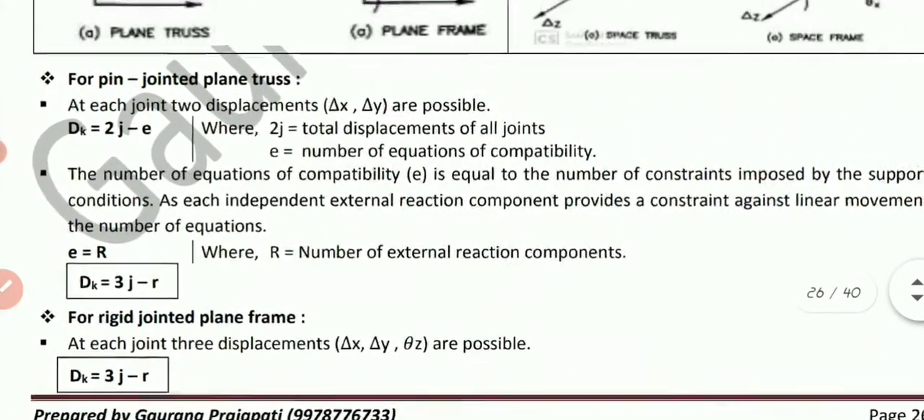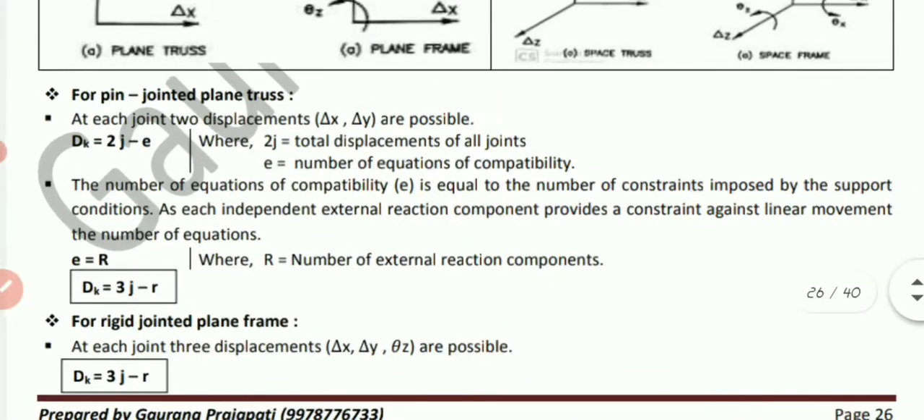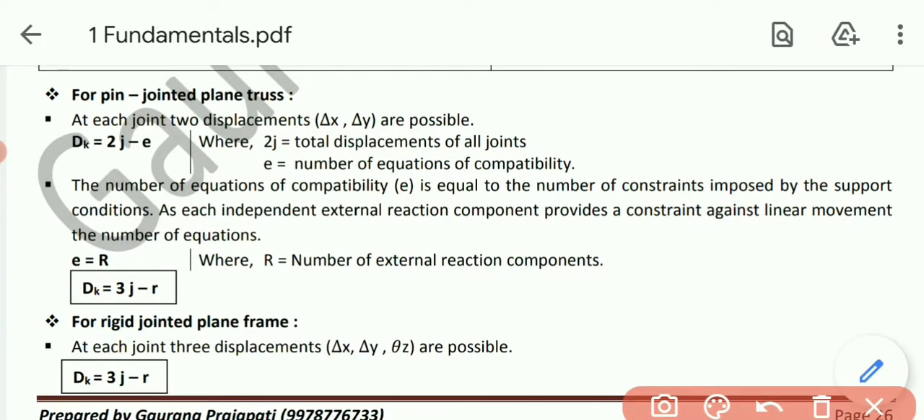Now, let's discuss the theoretical criteria of the kinematic indeterminacy formula for the different structures. Say first of all, for pin jointed plane truss, at each joint two displacements, delta x and delta y, are possible. So the formula of Dk is 2J minus E, where 2J is total numbers of displacement of all joints, and E is numbers of equations of compatibility. Then the numbers of equations of compatibility is equal to the numbers of constraints imposed by the support conditions,